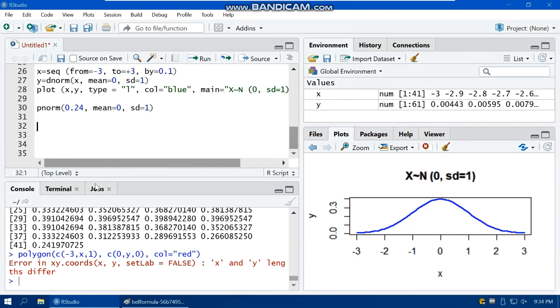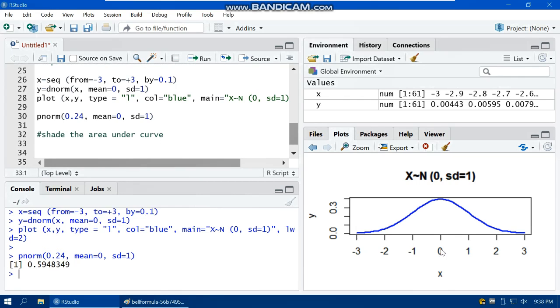So what we're going to do now is shade the area between -3 and 0.24. Okay, so let's create a comment, shade the area under curve. First of all, we have to create a sequence running from -3 to the value that we want, 0.24. So seq from -3 to 0.24 by 0.1. And then we save it in an object x. And we also use dnorm to measure the y, and the input value is this sequence that we created, and the mean, which is 0, and a standard deviation of 1,